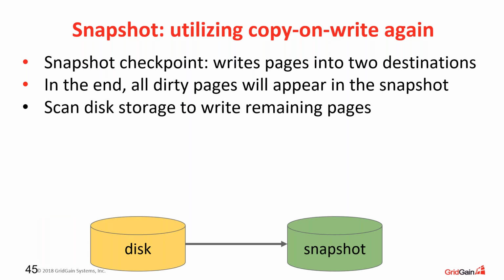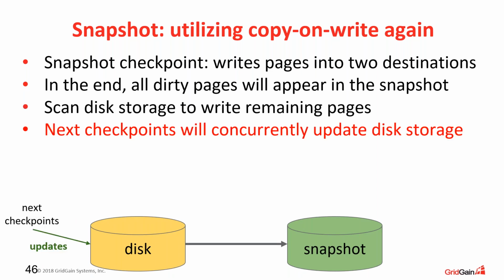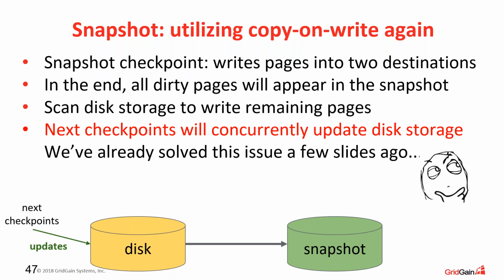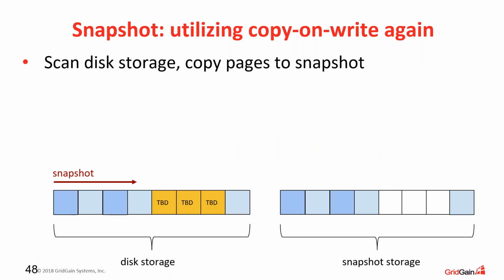We have to allow regular checkpoints to work concurrently with the snapshot creation. Next checkpoints may concurrently update disk storage, and you may feel a sense of deja vu because we already faced this problem a few slides ago and we have already solved it. To maintain snapshot writing under concurrent load,